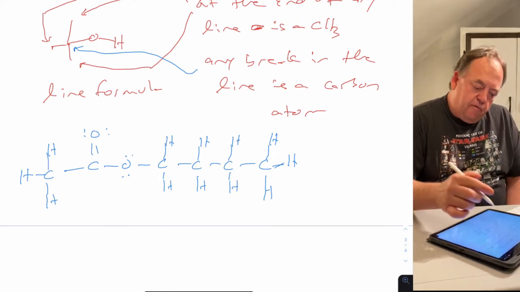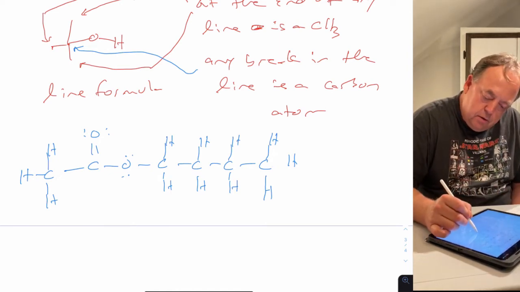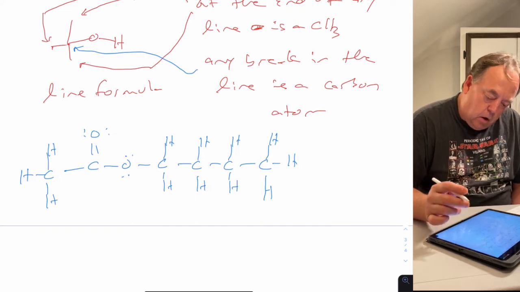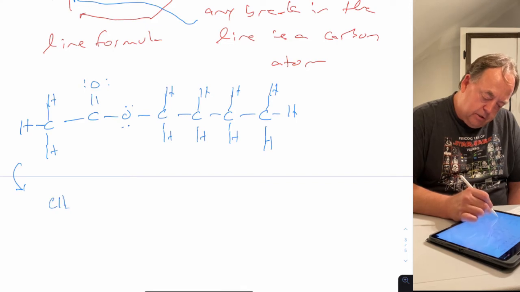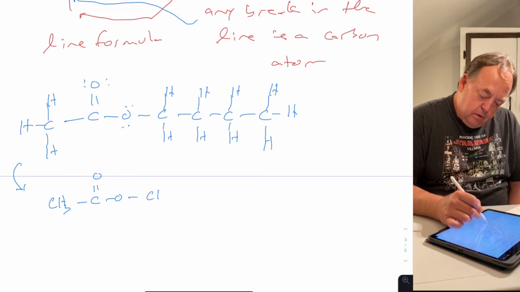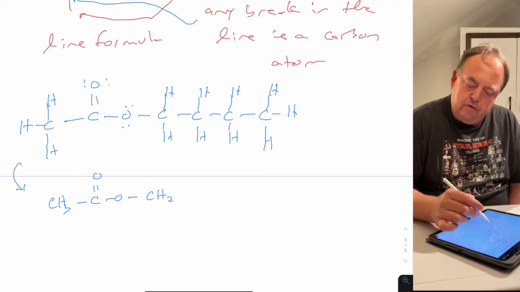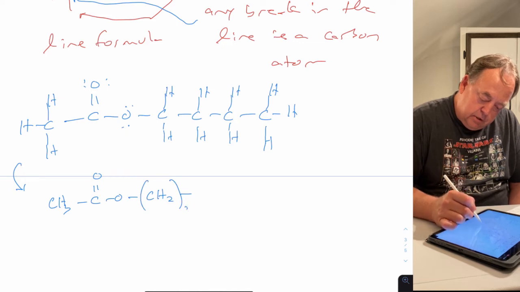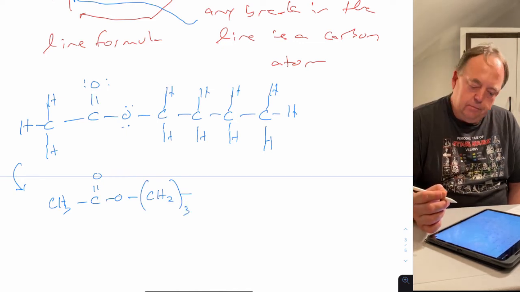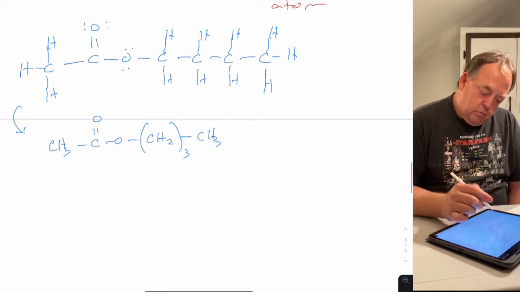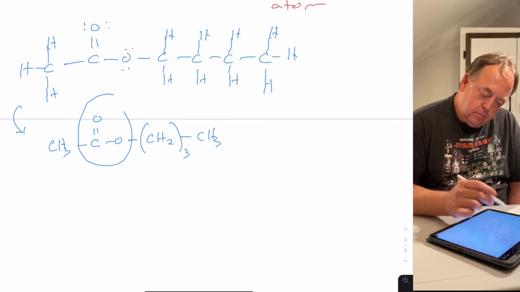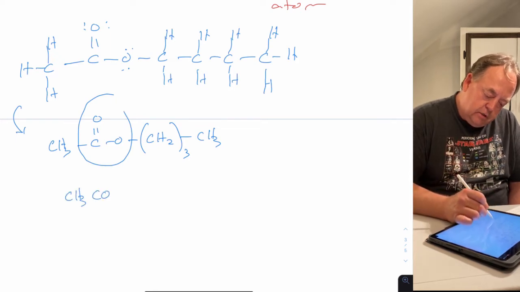So that's the expanded formula. It shows all bonds, all atoms, and then let's take that and write it simpler so that we can make the CH3 attached to C double bond O, and then we have a CH2, and we have 3 of them in sequence. So we can take the CH2 and put it in parentheses 3 times, and then it's attached to another CH3. Or we could condense this as well, and we could say CH3, CO2, CH2 3 times,